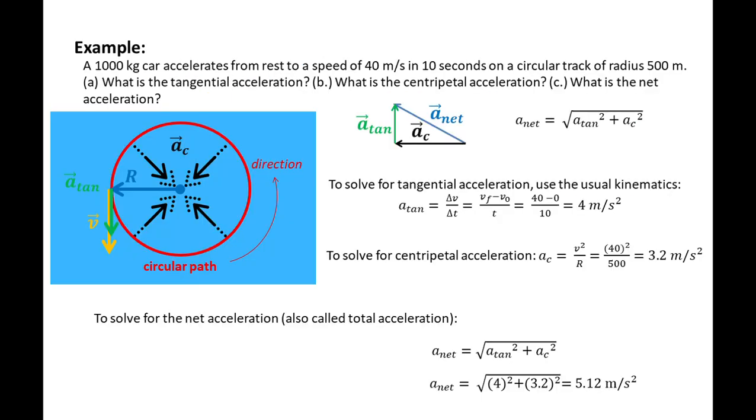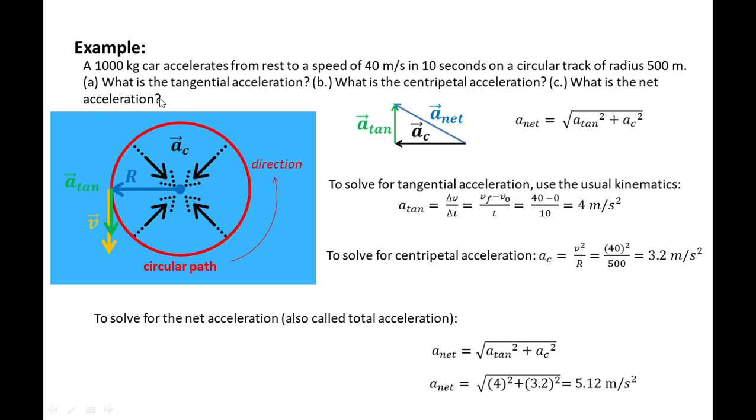And here we have an example problem. A 1,000 kilogram car accelerates from rest to a speed of 40 meters per second in 10 seconds. So meaning we have here an acceleration and it is following a circular path or a circular track with a radius of this. So the questions are what is the tangential acceleration, what is the centripetal acceleration, and what is